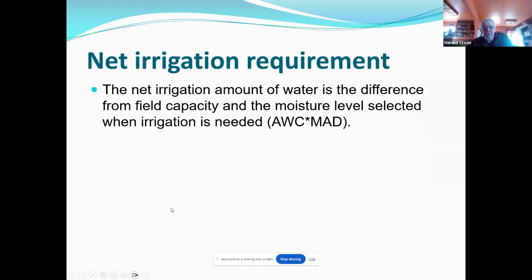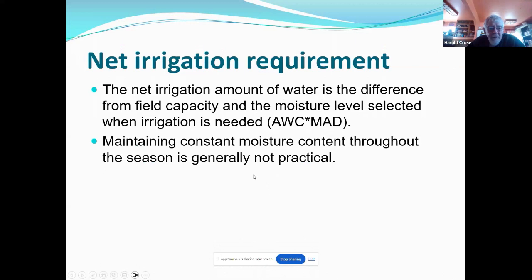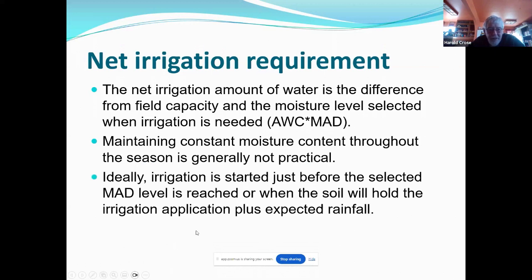So the net irrigation amount of water is the difference between field capacity and the moisture level selected when irrigation is needed. Available water capacity times MAD will give you that. Maintaining constant moisture through the season is generally not practical. Ideally, irrigation is started just before the selected MAD level is reached, or when the soil will hold the irrigation